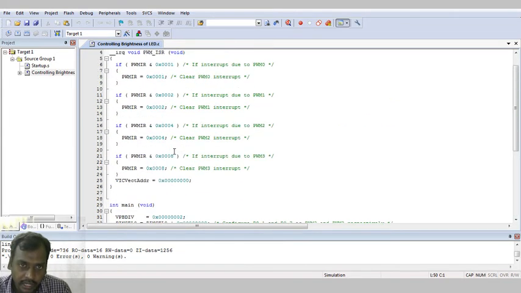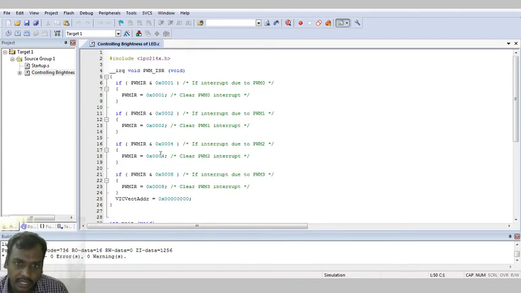So here we have written the code to control the brightness of the LED. Here we have created 4 interrupts, PWM0, PWM1, PWM2, PWM3. Whenever you are taking the pulse width modulation, it contains the on and off, T on and T off. Whenever you are taking the T on, rising edge is there, and whenever T off, it means falling edge is there. So that's why here